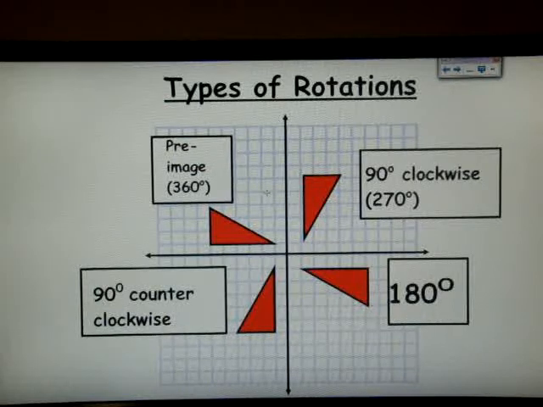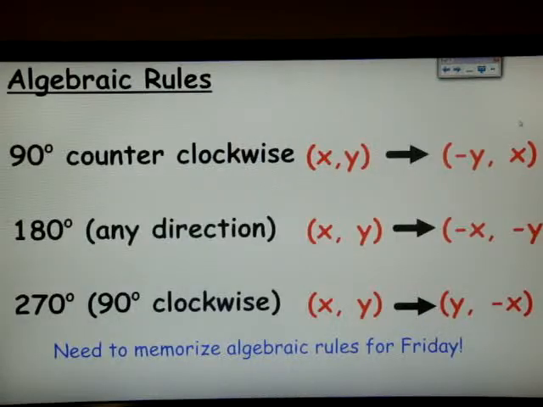Over here we've got 90 degrees clockwise, or a turn to the right, or 270 if I'm continuing with the counterclockwise spin. You might want to pause the video at this point to record the rules on your notes page. Notice it says at the bottom of the page that this is something that you need to memorize for Friday's quiz. Thursday night I'm not giving you any written homework, so I would strongly suggest you take the time to